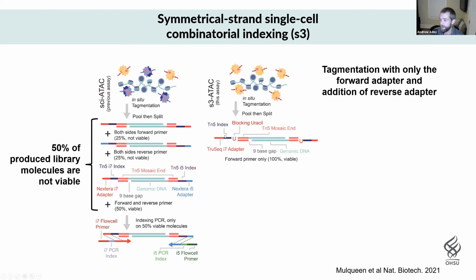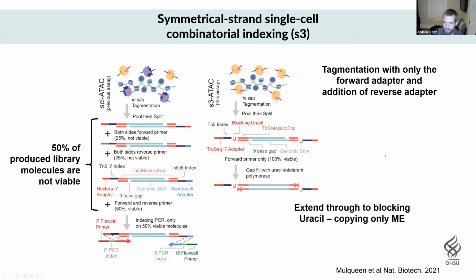So each index corresponds to each well of 96 well plates, that same combinatorial indexing concept. But it has this uracil present in the adapter right before that cell index, or that tagmentation index. So then after tagmentation, we pool, we sort them and distribute these nuclei into their respective PCR wells for the second tier of indexing. And we do this pre-processing step where we first extend the end out here into this